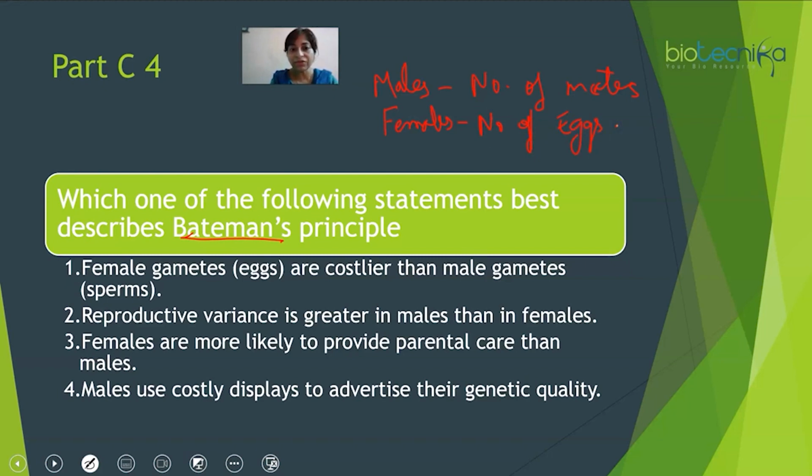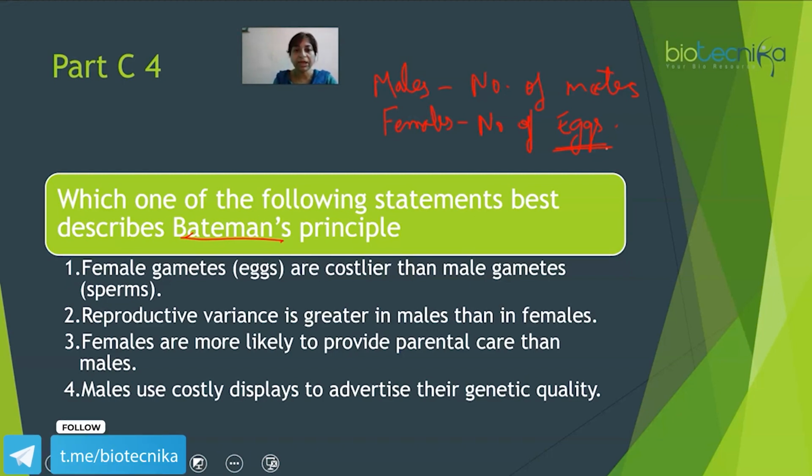It doesn't matter if the female is mating with multiple partners, the chance of reproduction will still be on the basis of the eggs, because eggs are costlier to produce as compared to sperms. Because males can increase their reproductive success by mating with multiple partners, in males the reproductive variance, that is the distribution of variation in their reproductive success, will be